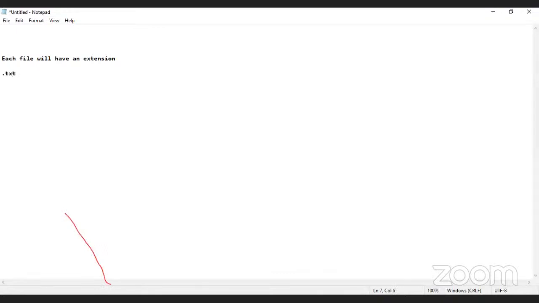For example, if I'm saving a file with FIT classes, just taking an example, two parts will be there. Each and every file name will have two parts. This FIT classes is the file name. And here .txt is the extension